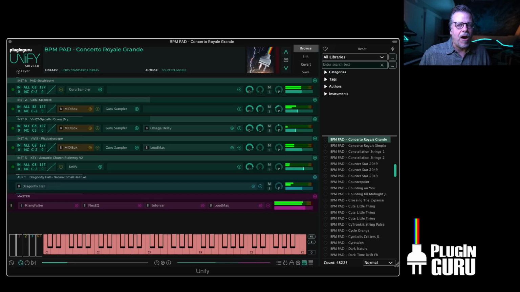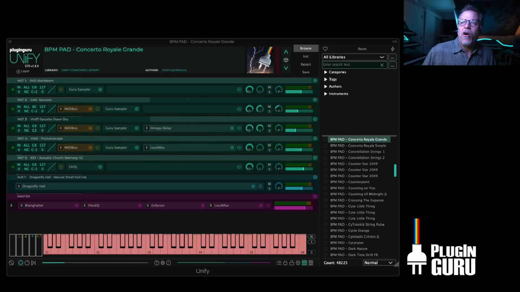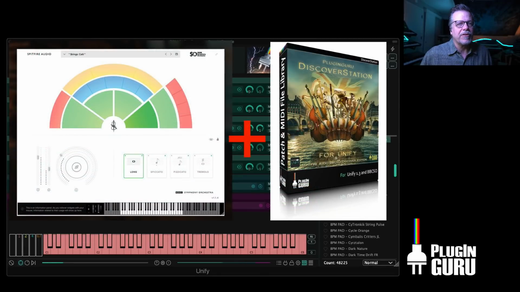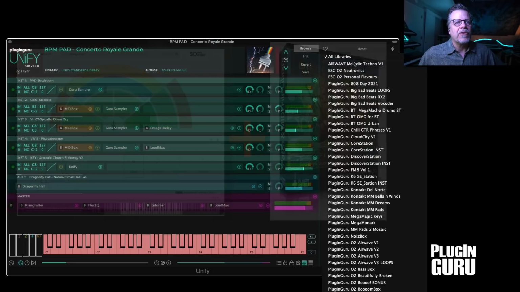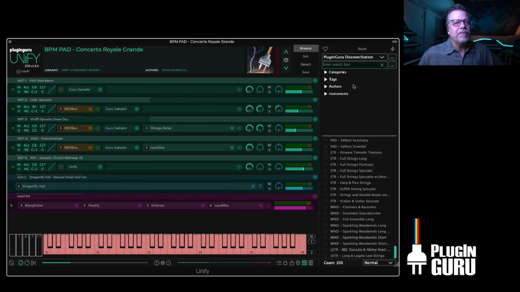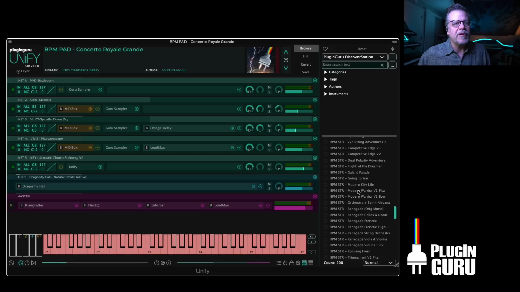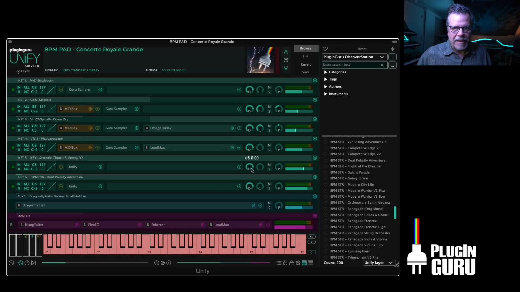Okay, now I'm going to load up a patch from a plugin you need to buy, but once you've owned it, there's a library for it that we made called the BBC Symphony Orchestra Discover Station. And so I'm going to go to the libraries, to Discover Station. I could use Chord Station, but I wanted to show you this with the Discover Station library. We're going to go over here to the BBC strings, and I'm going to set this to Unify Layer and choose Dual Polarity Adventure. And just like that, I'm adding a whole string orchestra to enhance what I had originally. So now,